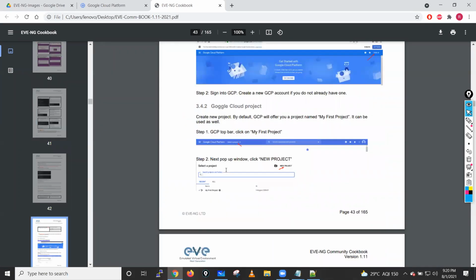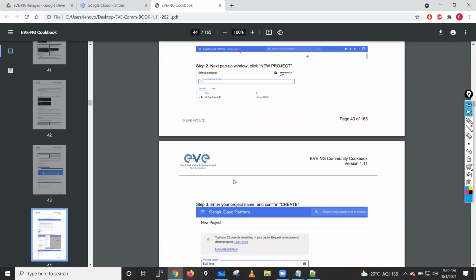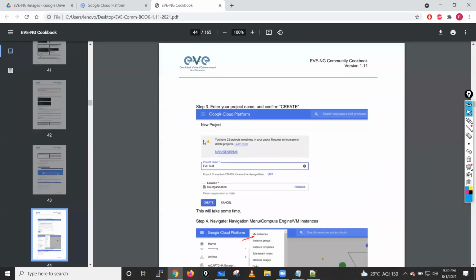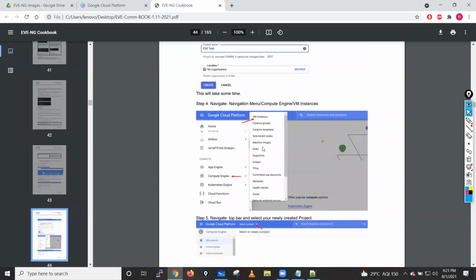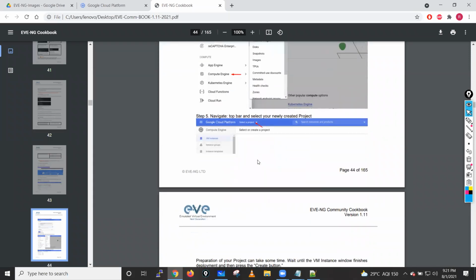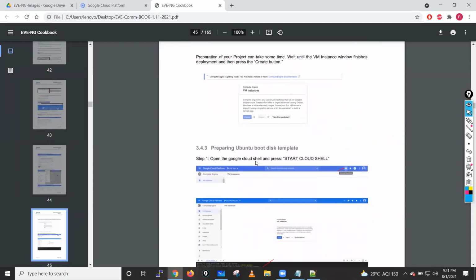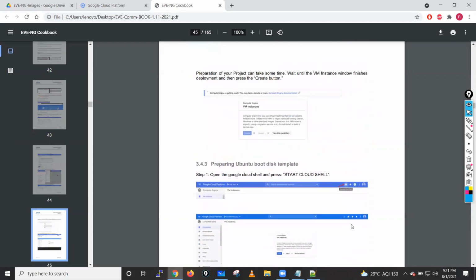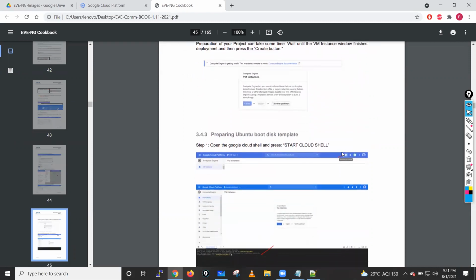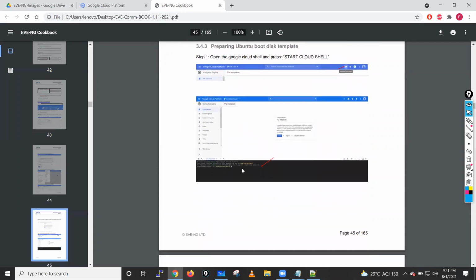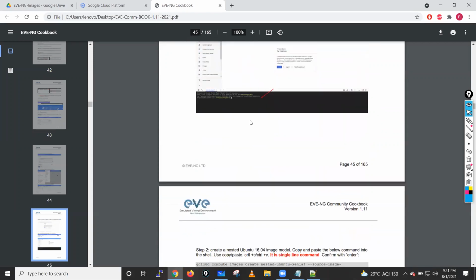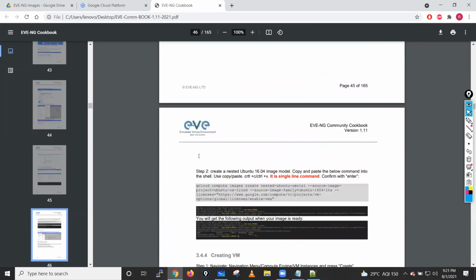right? And what you have to do is create a new project. All the steps are there. Give your project a name, and after that go into the Compute Engine instance and select your project. Okay, and after that just click on this particular Cloud Shell. So you will get this kind of prompt, and in your Cloud Shell you have to type this particular command,